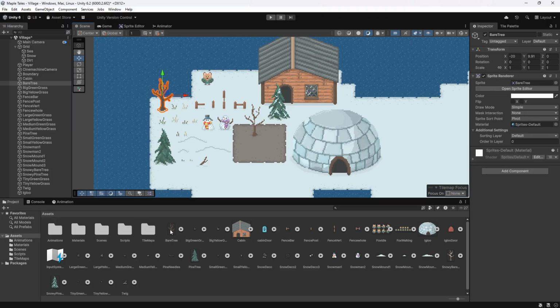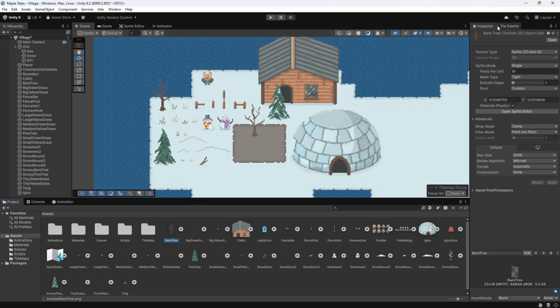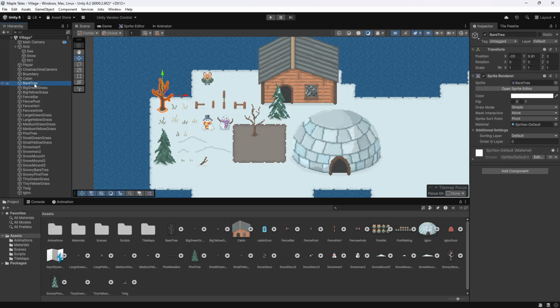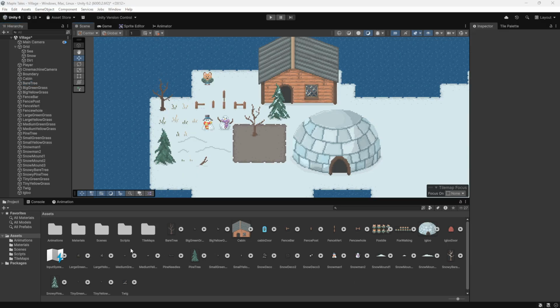So if you click on Adjust in the Assets folder, you'll notice that the inspector just says, this is a picture, what do you want me to do with it? Whereas when you click on Bear Tree over in the hierarchy, it says, okay, it's a picture, we've got that, but we've now got a location as well because we're actually in the game. And so we can just tidy away all of these sprites now so that they're not cluttering up our Assets